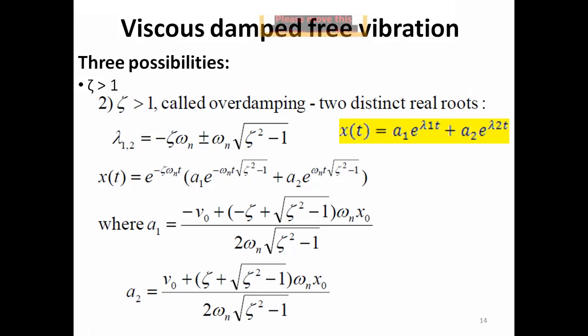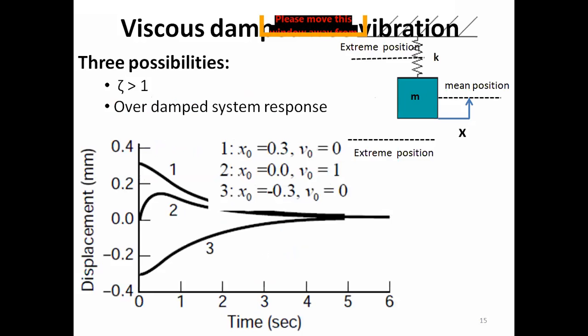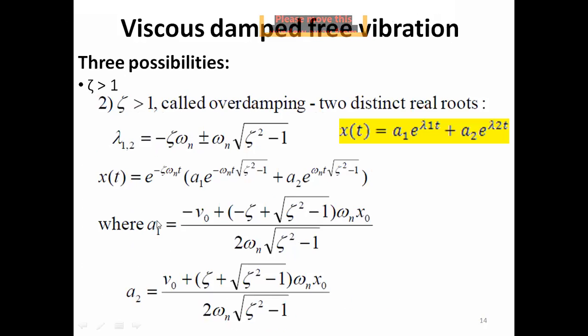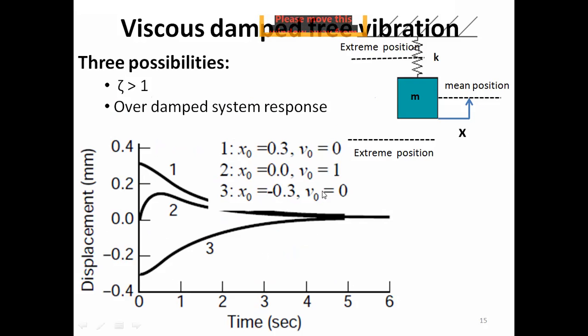So in case of our damped system, when the damping is more than the critical damping, there is overdamping in the system, then there would also be no vibration. Once you disturb the system, it would come back slowly and gradually to the equilibrium position. And again, we see that the response of the system depends upon what? It depends upon the initial conditions. If you change the initial conditions, the response of the system would change.